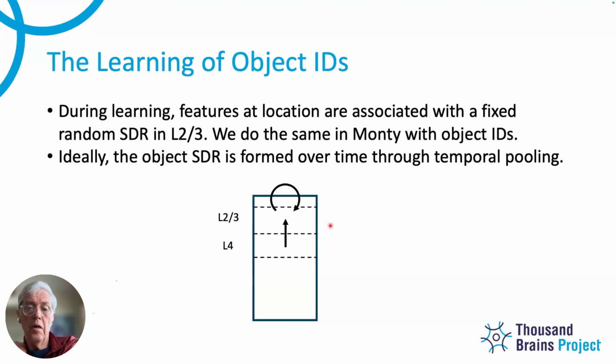Well, so let's be clear. During inference, I agree with that. In some sense, during inference, if you have partial data for a column in biology, I think it's likely forming a union of SDRs in layer 2, 3. And as you get more evidence, either from the single column or from voting, that SDR narrows down to a sparser final result. So I think we can agree on the inference phase. You're proposing this happens during learning, which at first I'll hear your arguments, but it seems problematic.